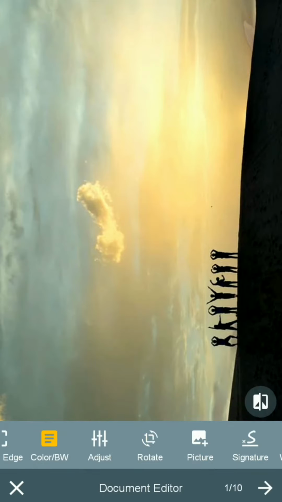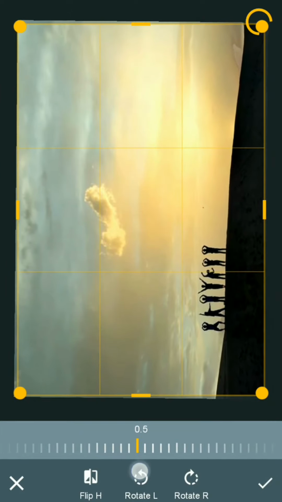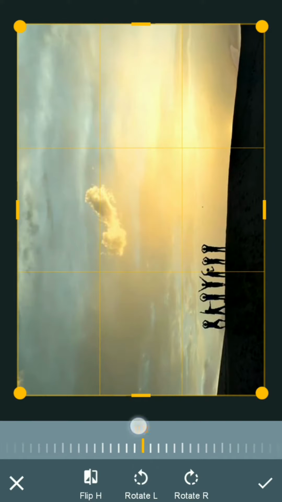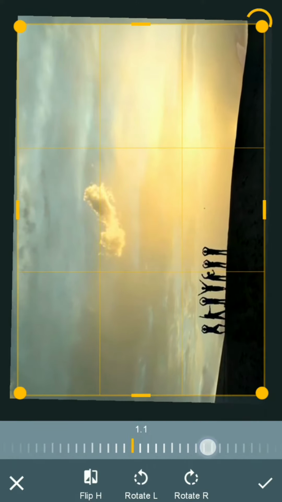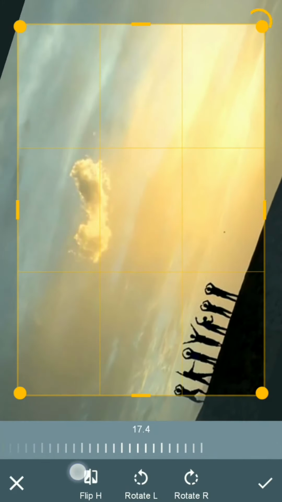After this, let us see rotating to a custom scale. Here if you can see a small thing 0, that is the degree by which you can rotate. I'll rotate to 17.5. Is it okay? Right, it has been rotated.